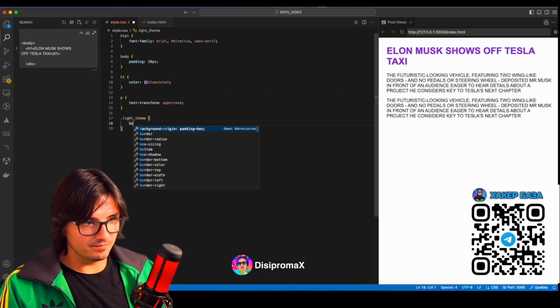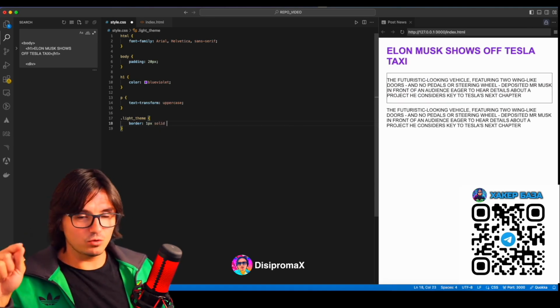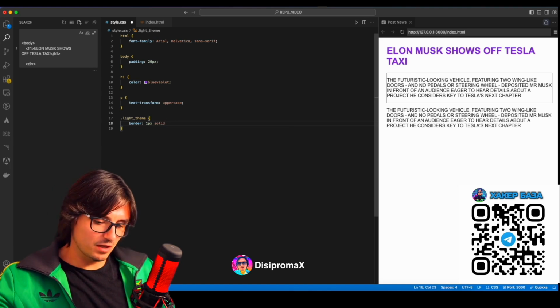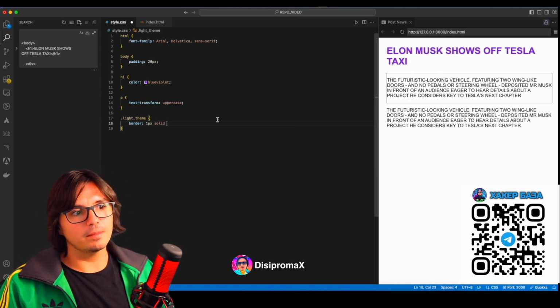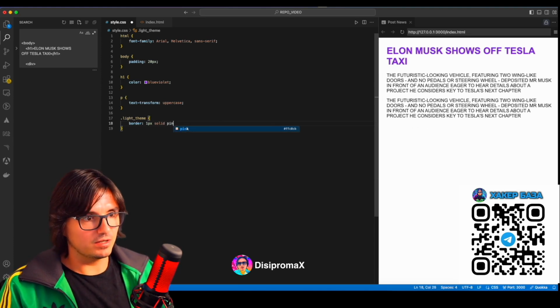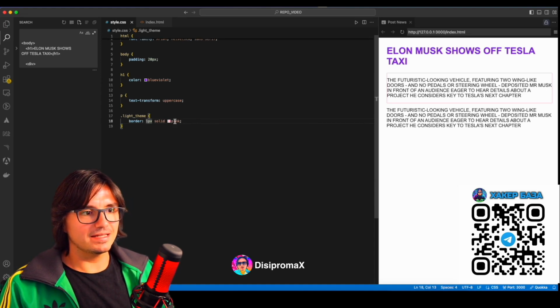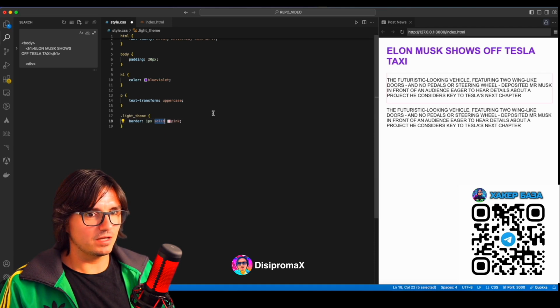We set the border. Border, let's say 1 pixel solid. This means there is a continuous border there. Look at the elements: there are dashes, dots, anything, and solid color. I want light theme, let it be lowered, it will be pink, okay. By default, if the color is not specified, it makes it black. Solid. You can turn it, for example, into a dash. You see dashes, such lines. Well, I always go with solid.